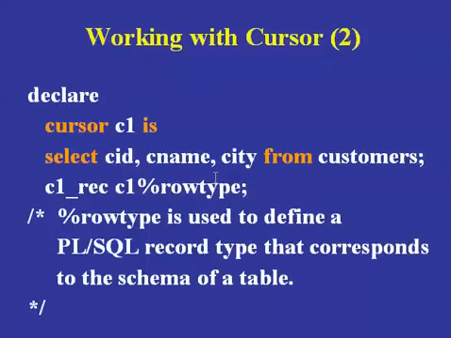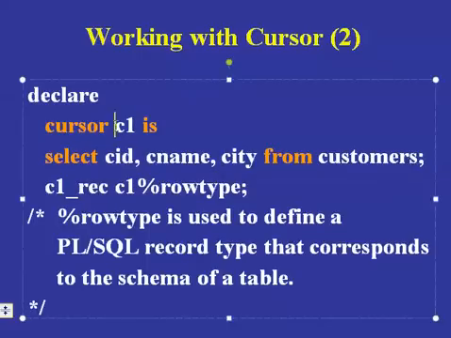So here is an example. We define the cursor here, which in this case is C1, and again it comes with the idea that we get multiple answers. We're getting the identification, the name, and the city from table customers, and then we also have a variable which is C1_rec. Now let's see the difference between C1 and C1_rec. C1, we can see like a segment of a table because there are multiple rows, while C1_rec will be just one row, one element,